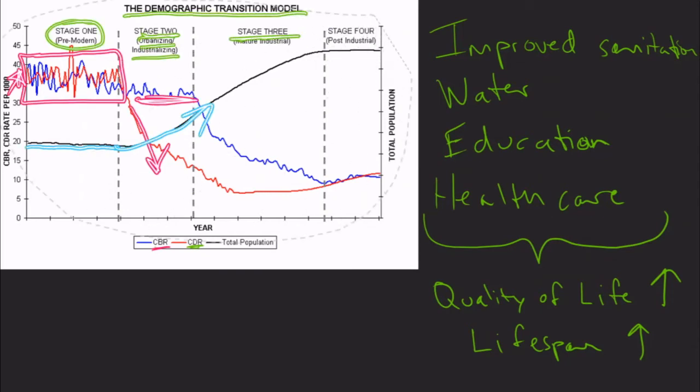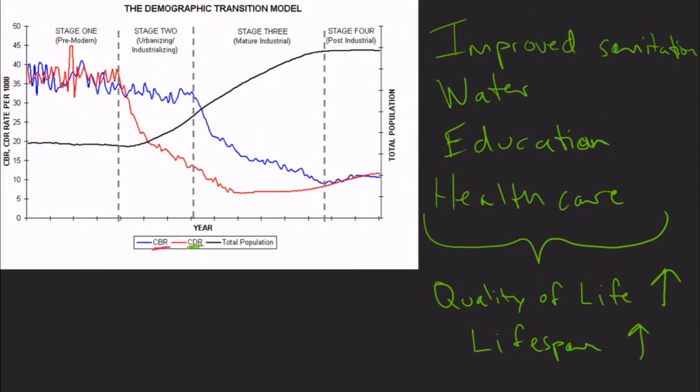Now, what happens is eventually, though, populations can't grow forever. And as we begin what they call this mature industrial stage, stage 3, if you'll notice, the birth rate starts to dip and decline. Now, why would the birth rate decline? Well, again,